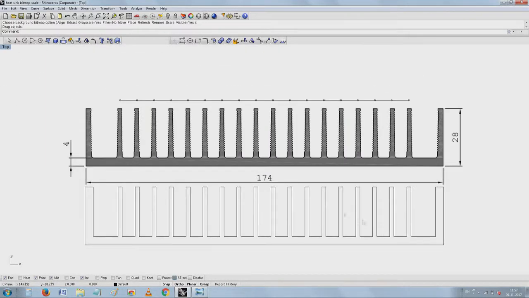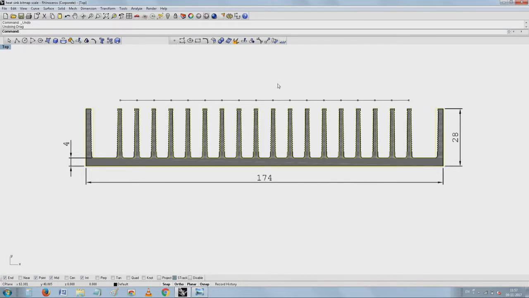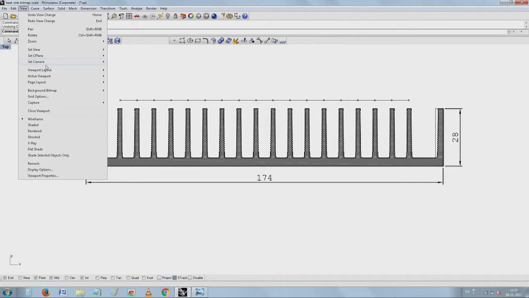Main thing is everything has been rounded off. One of them is the width of the fins, another is the other dimension, but the total number is maintained, dimension 28 also is maintained, and when I put it back where it belongs, you see here it is almost, it covers that. So, I have now a starting point for a heat sink, and then I will now hide that bitmap.